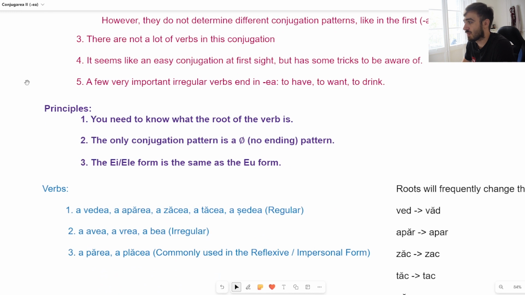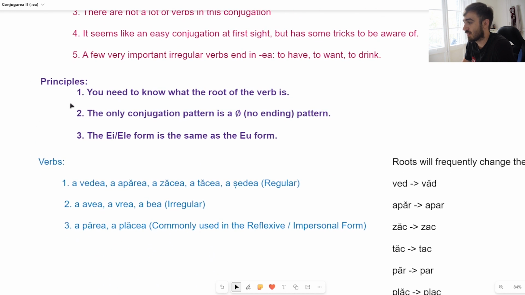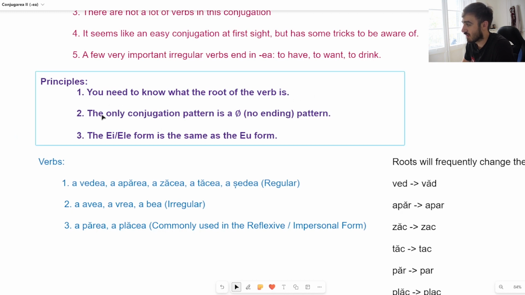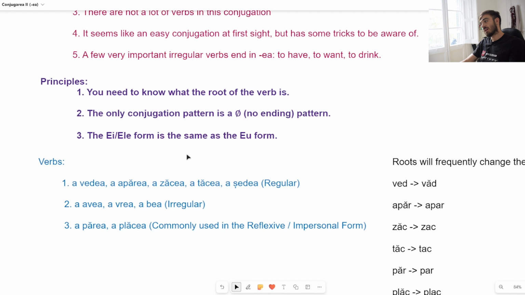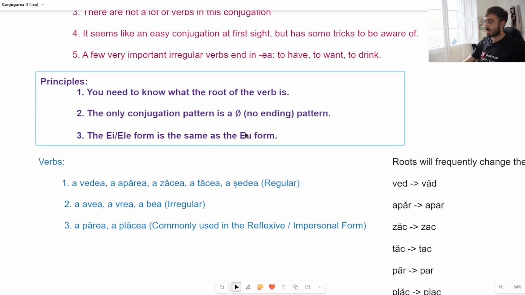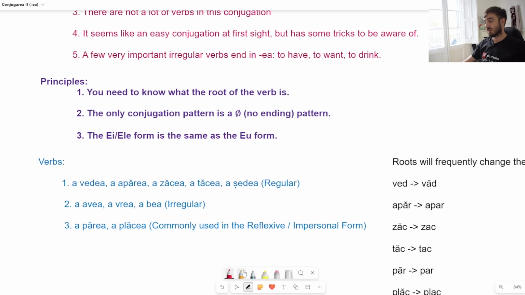Now, how to do a conjugation in the second, ending in EA. You need to know what the root of the verb is, like always. Then you have only one conjugation pattern, so you don't have the EZ equivalent of the conjugation 1. And then the ye yele form is the same as the yo form. This is different compared to the first conjugation, so be aware of that as well. Let's take a pen and say big caution here,